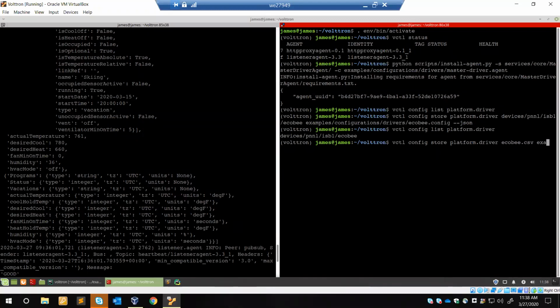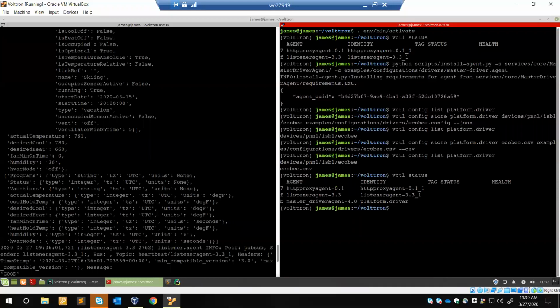Then we'll specify where that configuration can be loaded from. And for CSV files, you do need to include this extra option specifying it to CSV. Then we can list again. Okay, so at this point,